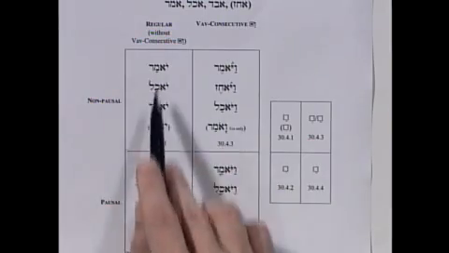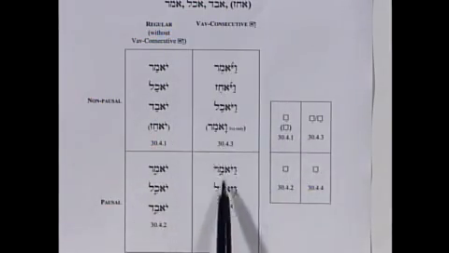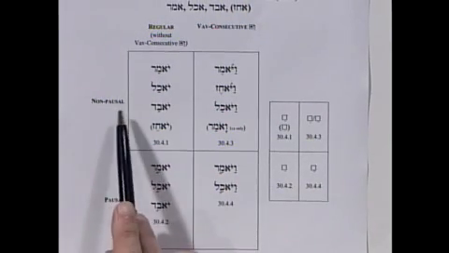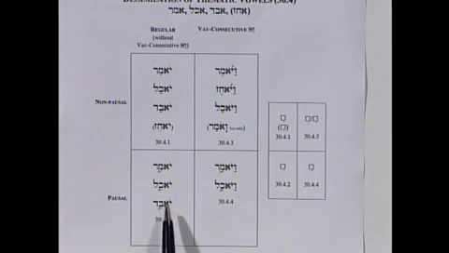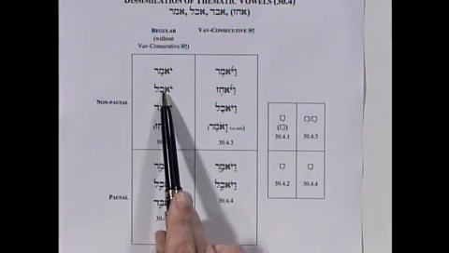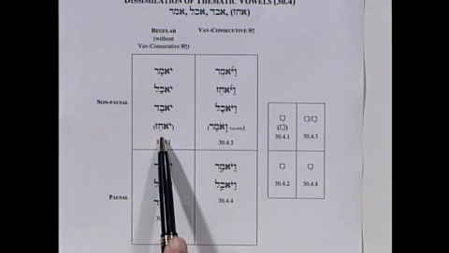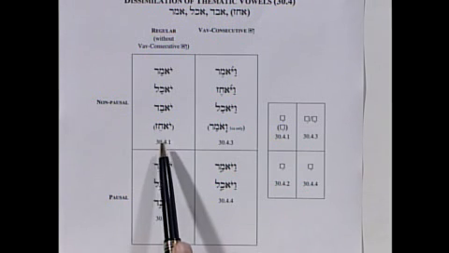So what I want you to do now is look at the chart that I have at the end of this chapter. And again, if we could focus in on this chart. I give you 2 charts, really. I talk about the regular, that's without vav consecutive here. And then the vav consecutive forms, and you see that all these are vav consecutives. And then I have the non-pausal forms, and then the pausal forms. And as you can see, you get patach here with an exceptional form. This last form here, yochez, you get the sere. That's exceptional. You have to watch out for that form.